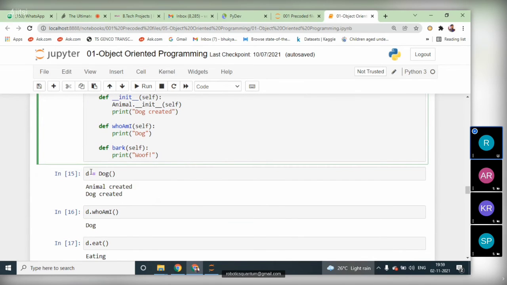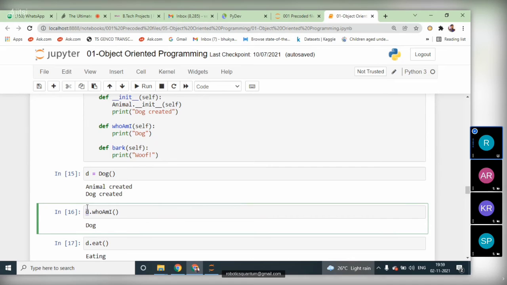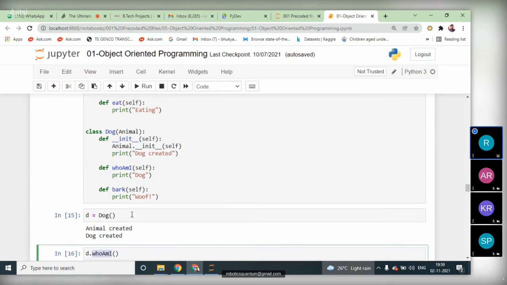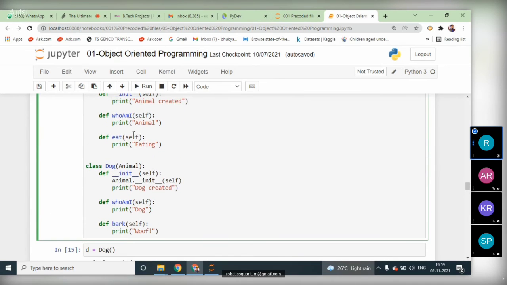See, this d is an object reference variable for the child class, not for the parent class animal. With the child class object reference variable, if I call the method who am I, that who am I exists in the parent class and also in the child class.